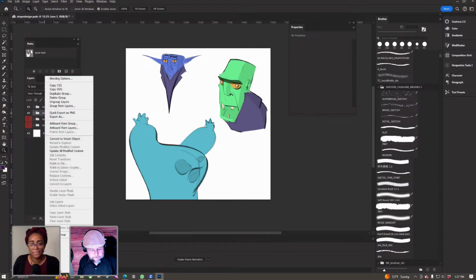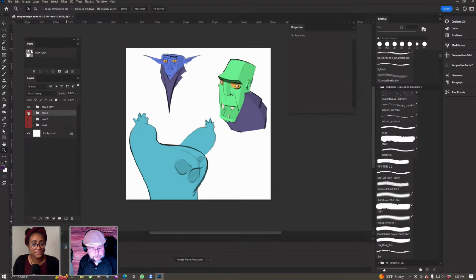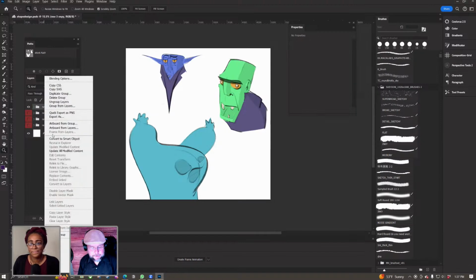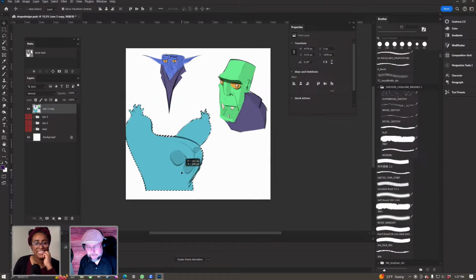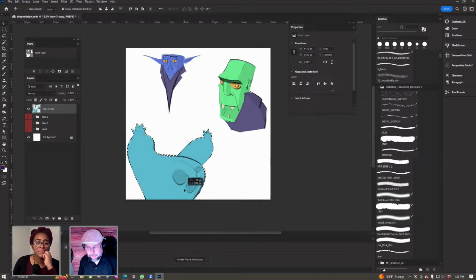I'll make this one red, turn that off, and flatten this layer. Now that I've got this flattened, everything's destructive, right? Because whatever I move on one layer is going to affect another. So I'm going to put these in a nicer design.